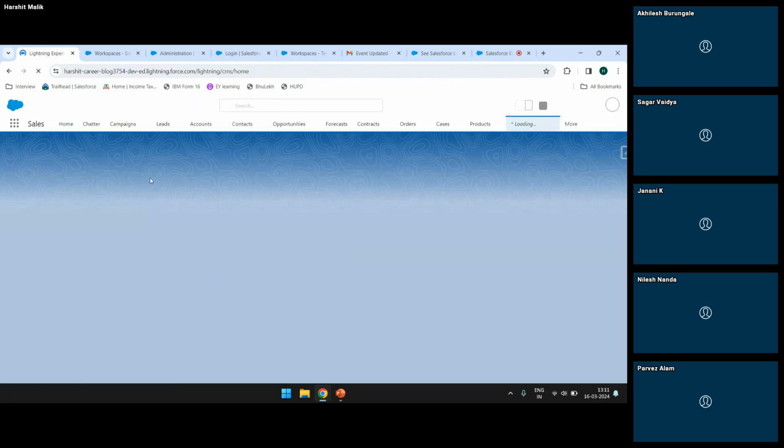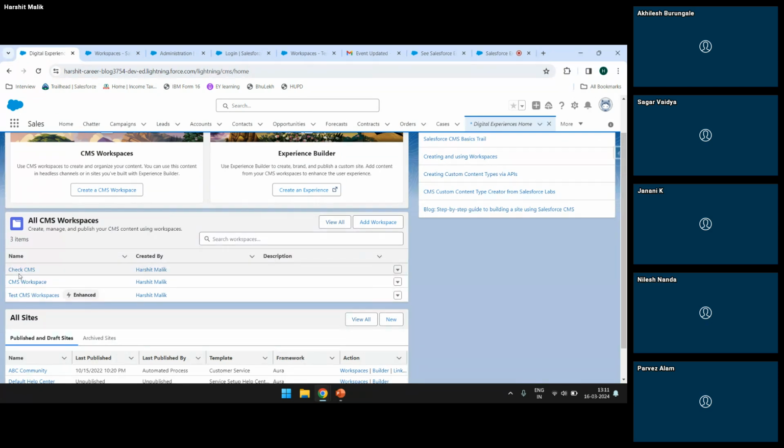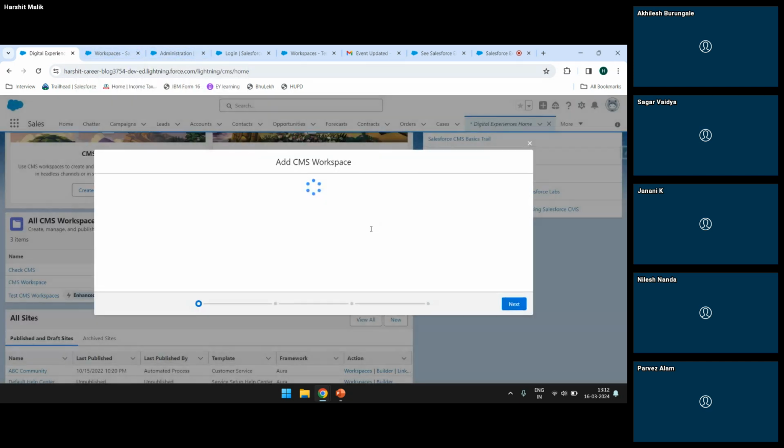It will give you the area to set up everything, even a custom experience builder. You can create your own CMS workspace. Yesterday I created a CMS workspace for myself. If you can see, this enhanced option comes only when you create an enhanced LWR site. If I go to add workspace,